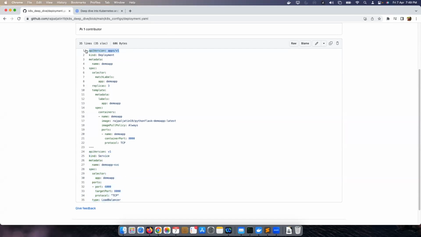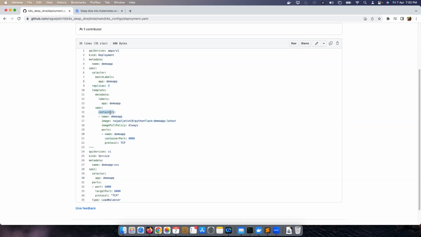This API version is what is common across. The kind is what we need to basically see. So this is my deployment kind, and this is my service kind. Deployment is basically what deployment you want to do. You're going to name a deployment, and then set how many replicas you want. This is a YAML that you can take from the Kubernetes documentation and just fill in. And then the spec part, which is important.